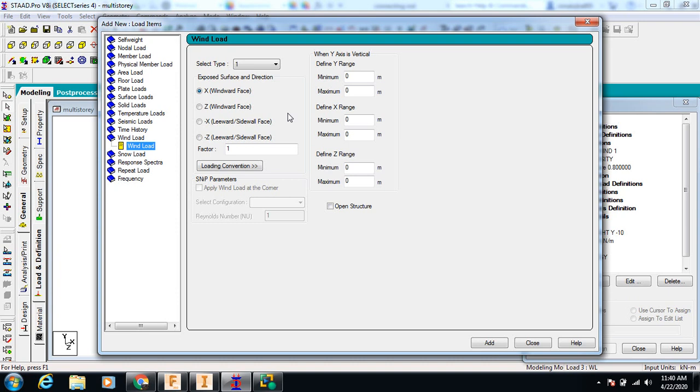So here, if the wind is coming from the x direction, the factor I have taken is 1. Here the minimum x direction is 0 and the maximum in x, consider it's 15. Sorry, it's the y range, it will take 21 approx, and in the x direction 0 and 15.